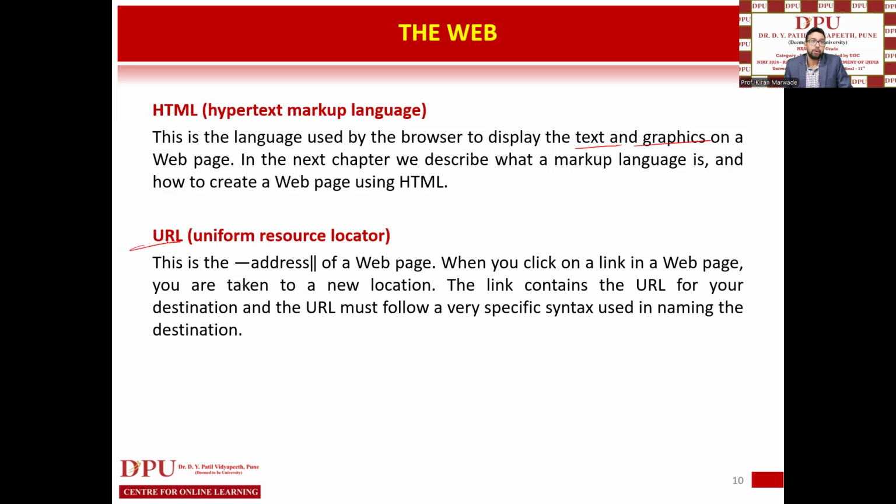Then URL, which is Uniform Resource Locator. Simply consider that this is the web address, the address of your web page. If you are typing www.google.com, what is it? It is a URL. If you are typing other web addresses, what is it? It is a URL. So when you click on a link in a web page, you are taken to a new location,